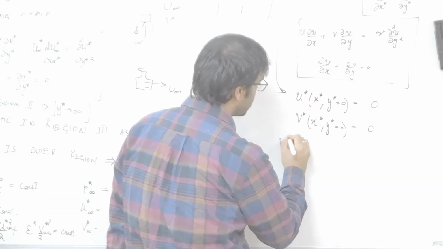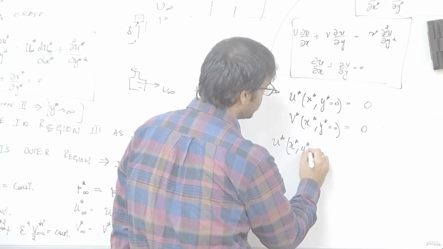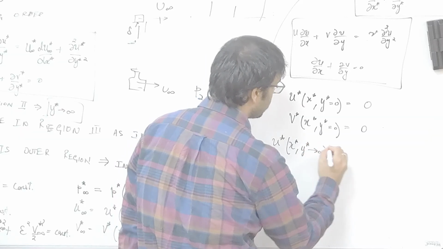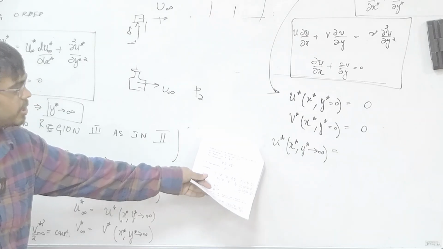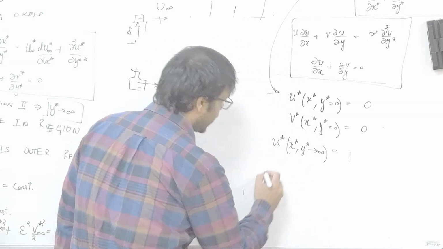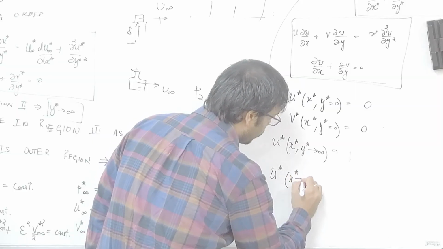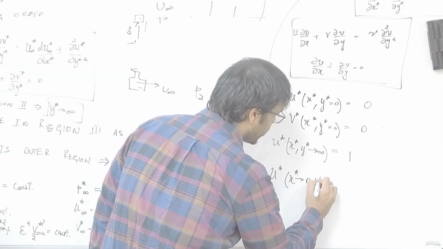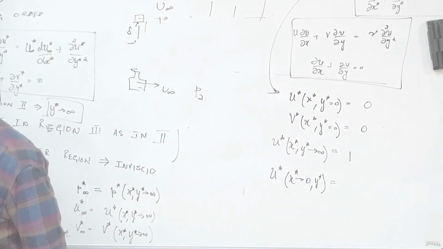What about u star for any x star and y star tends to infinity? U infinity for the dimensional one, here it is 1. And what about u star for x star tends to 0 and any y star? Look at this region, region 3,